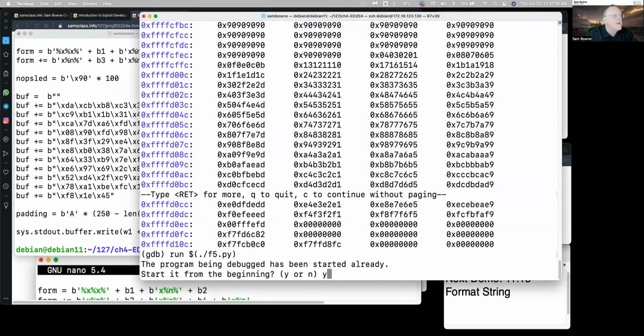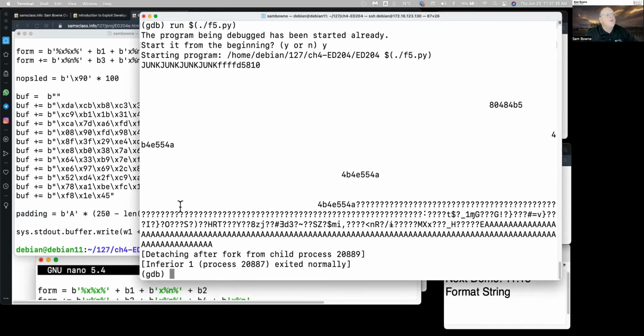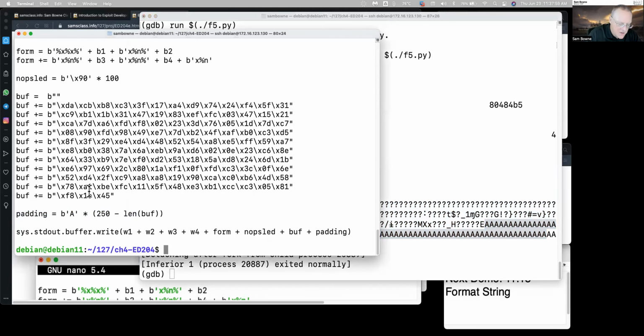Say yes. And notice it doesn't crash at all. Detaching, it had a fork, which opened a child process, and then it exited normally. It didn't crash at all. This is the NOP sled. This is the code from Metasploit with a bunch of unprintable characters. And here's the padding at the end to make the total length the same. So it finished, and you can tell it finished because if you do